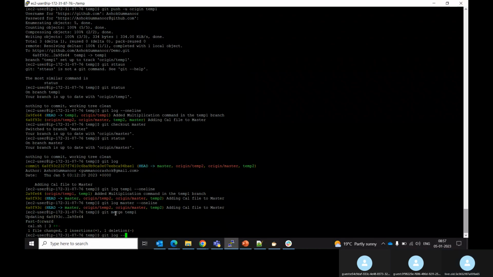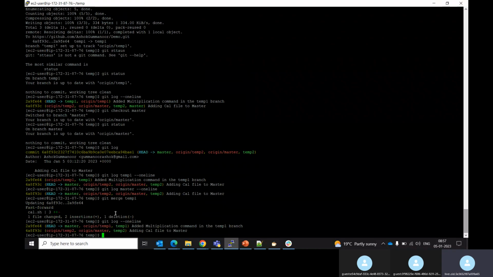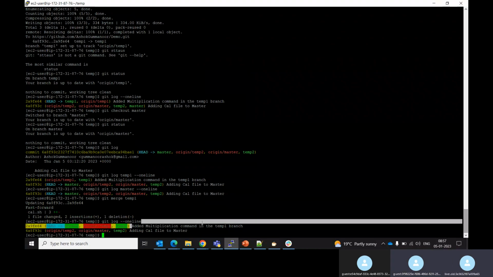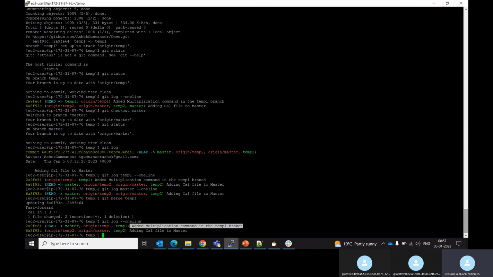Git log --oneline. Now if you see, there is a new commit on master. This commit has been added. So if I push,